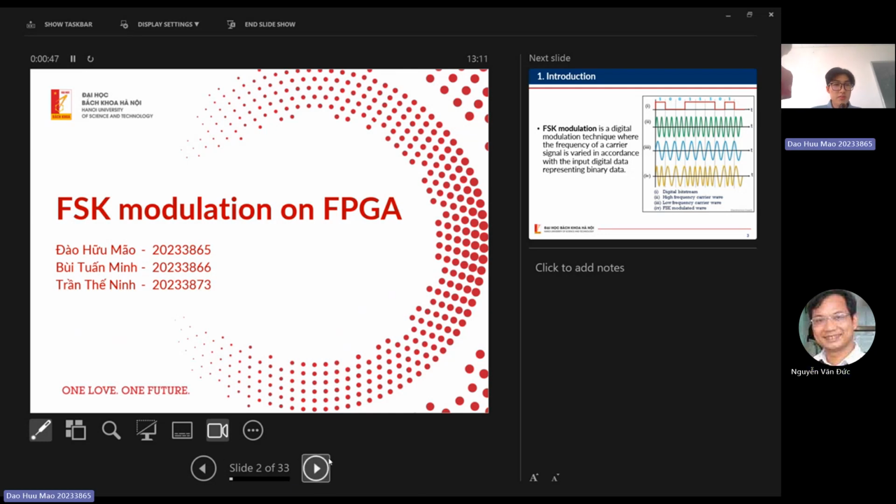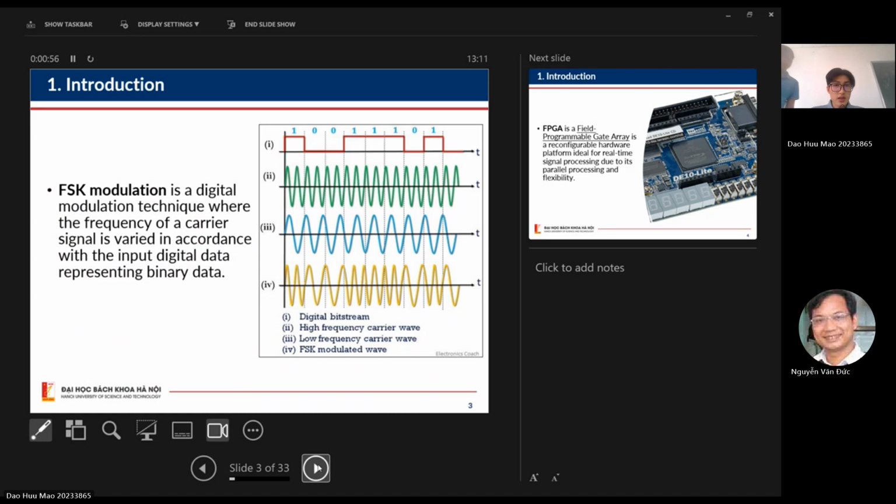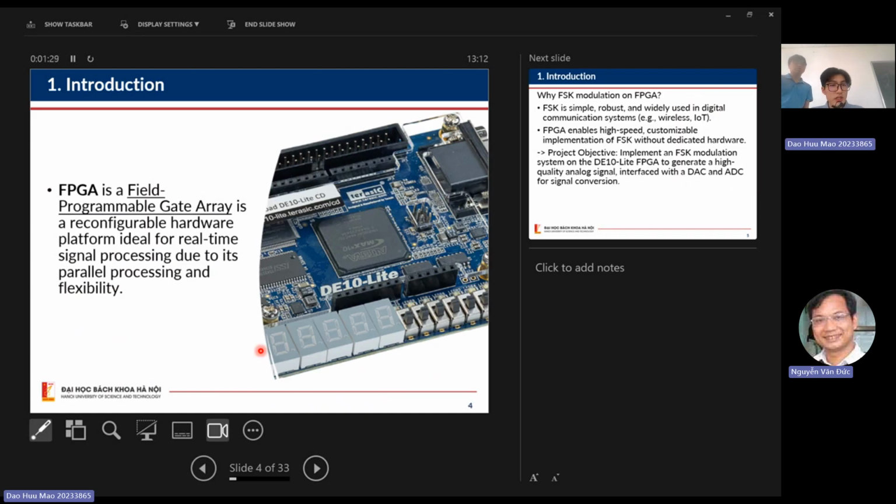We're organized and our project is FSK modulation on FPGA, and our group has 3 members. And starting the introduction, we start with the definition of what is FSK modulation. FSK modulation is a digital modulation technique where the frequency of the carrier signal is varied in accordance with the data represented by binary data. And what is FPGA? FPGA stands for